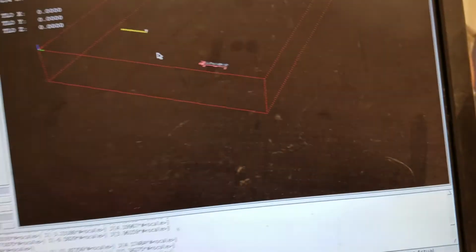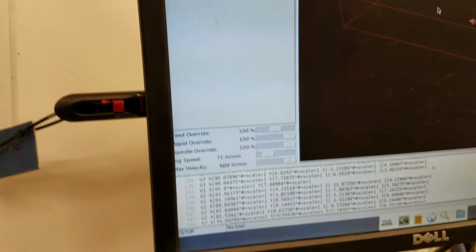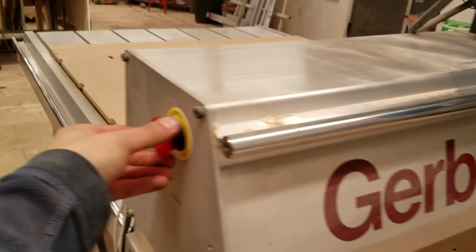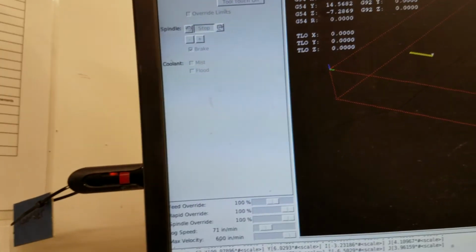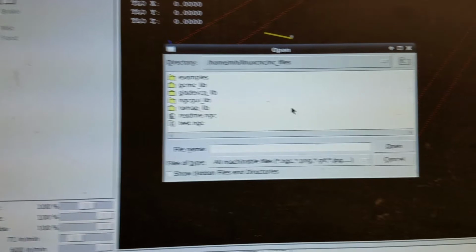Then we're gonna load our program up in the computer, and we're gonna just take the flash drive and stick it in the side there. And the E-stop was activated when I put the tool in, so I'm just going to deactivate that. So now we can go here and we're going to open our file. So it's in